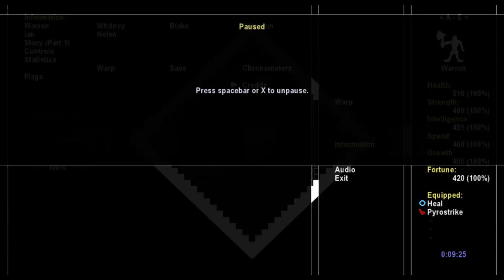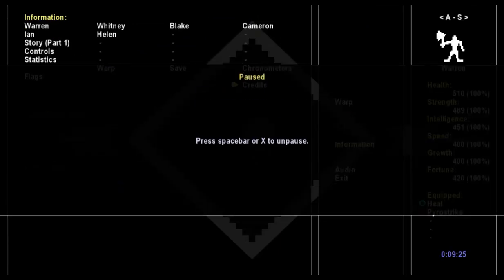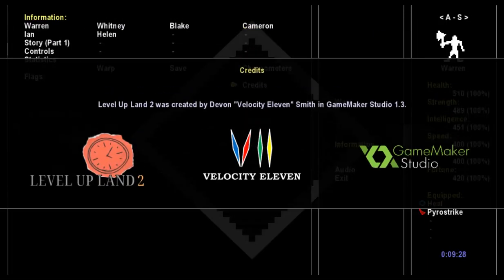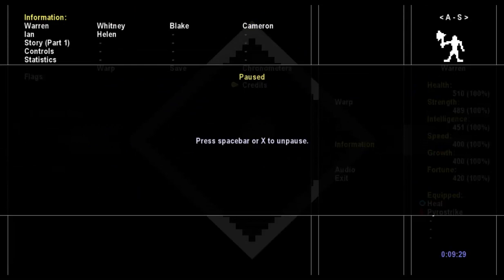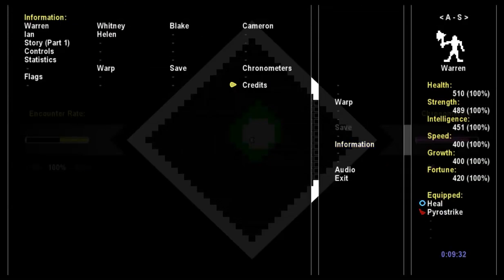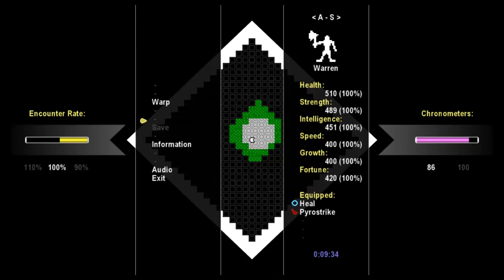And also, the spacebar works as a pause. And so as you can see there, pause, press spacebar or X to unpause. And if you, for example, are in the middle of one of these and you pause, it'll overwrite it. And then as soon as you unpause, it'll go straight back to it. So that's good. Now, if I warp